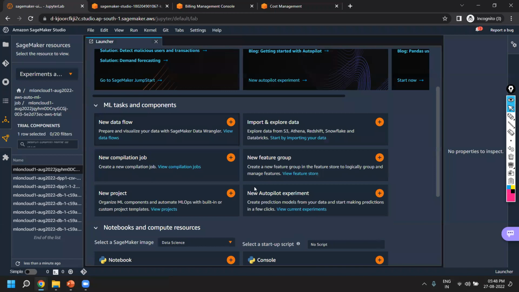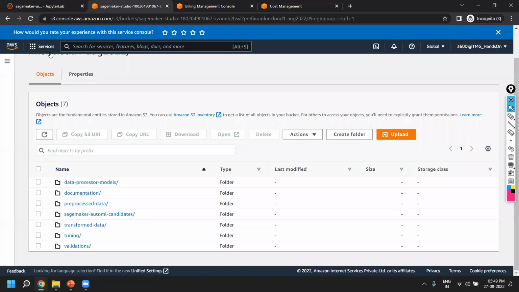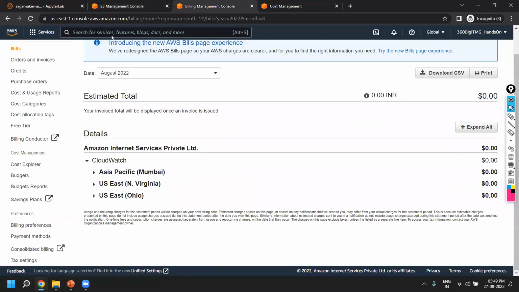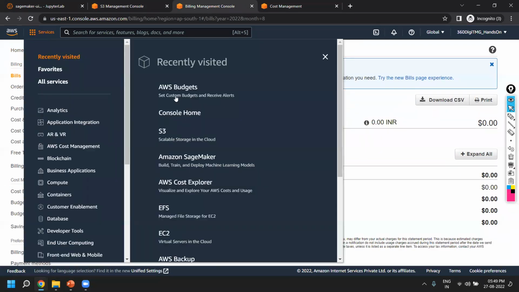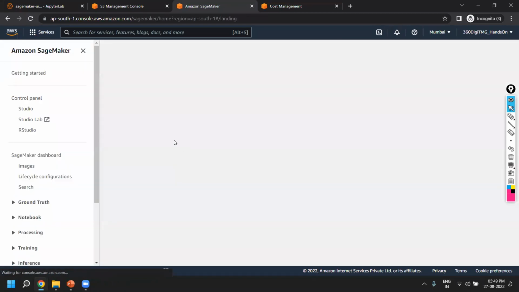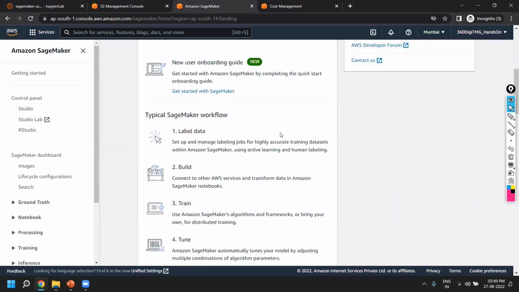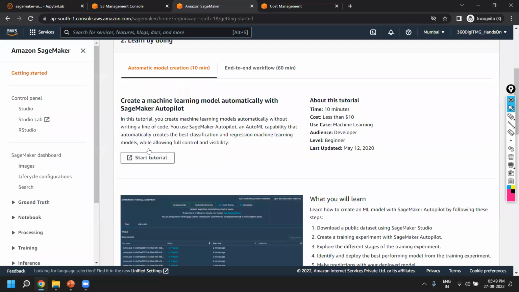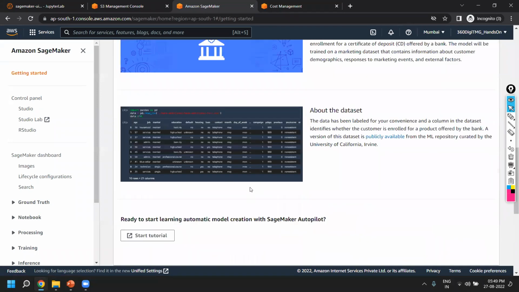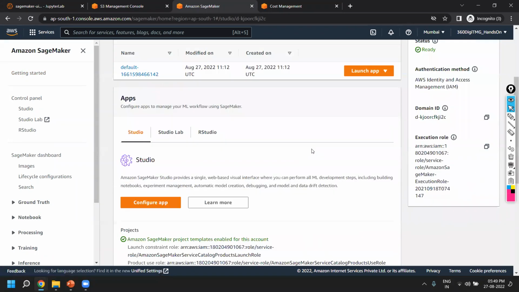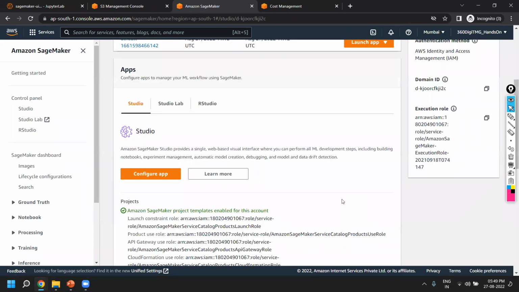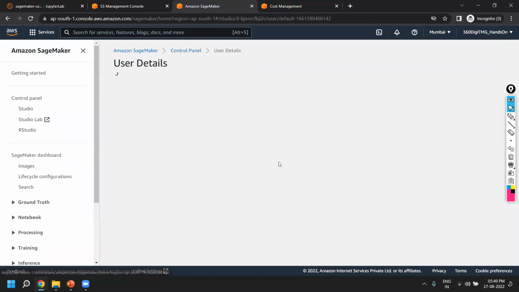So how do I delete this particular service? So first thing, I will go to buckets. I'll also go here with respect to my S3 SageMaker. I'll come here. I already have this application. This is my application. I'll have to first delete the application. Then I will be able to delete your